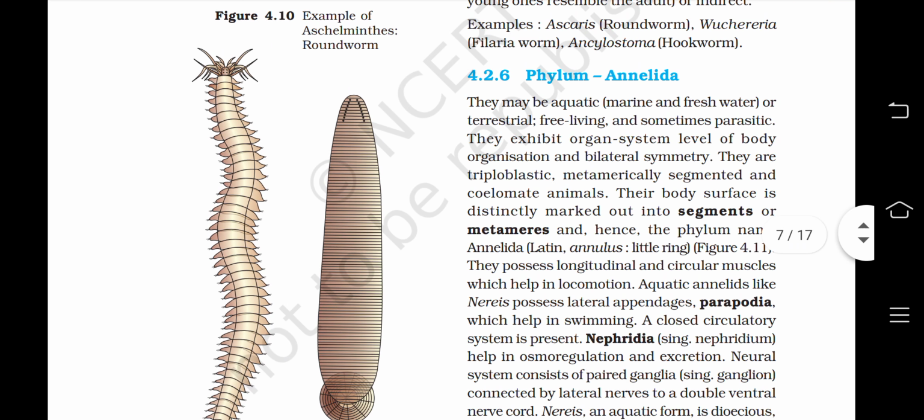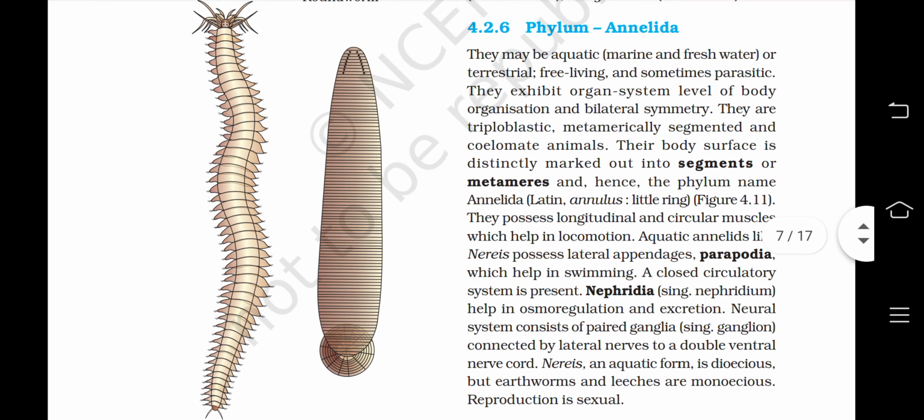Now comes Phylum Annelida. They may be aquatic, marine or freshwater, or terrestrial, free living, and sometimes parasitic. They exhibit organ system level of body organization and are bilaterally symmetrical. They are triploblastic, metamerically segmented, and coelomate animals. Their body surface is distinctly marked out into segments or metamers, and hence the phylum name Annelida, Latin annulus or